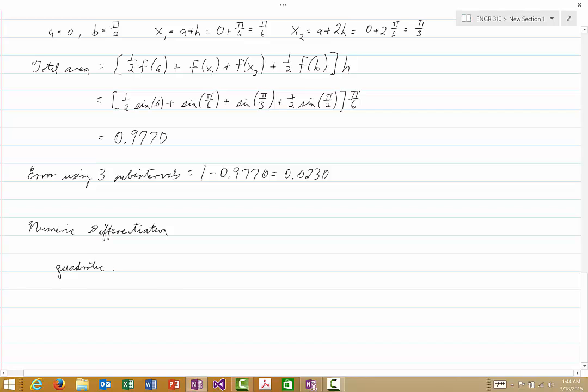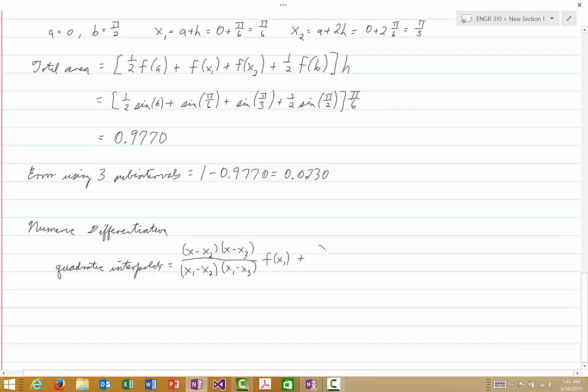We had the quadratic interpolate, and it was given by the following. We had x minus, now this is assuming, remember, for the quadratic interpolate we needed to know the value of our function f at 3 points. So we'll call those 3 points x1, x2, and x3. So x minus x2, x minus x3 over x1 minus x2, x1 minus x3 times f of x1